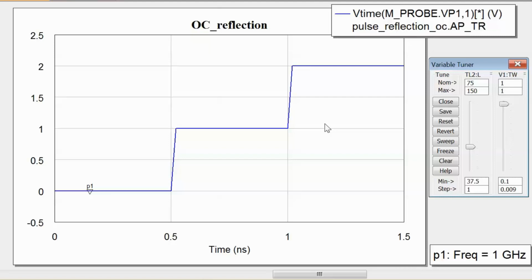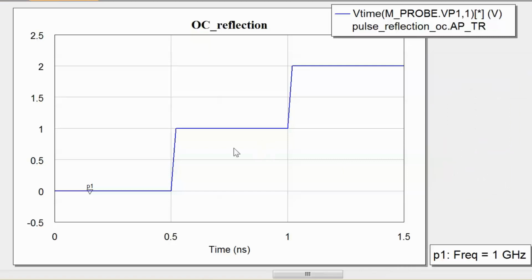This is the typical way that a time domain reflectometer works. You send a step voltage and then you wait until the step voltage is added to the reflected voltage. In this case, because we have a doubling in voltage, we know that there is an open circuit at the end of the line, because when there is an open circuit at the end of the line,